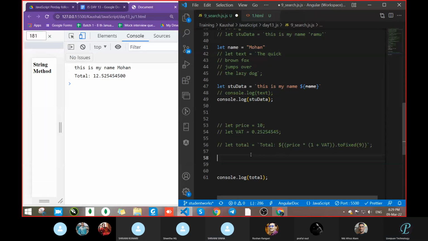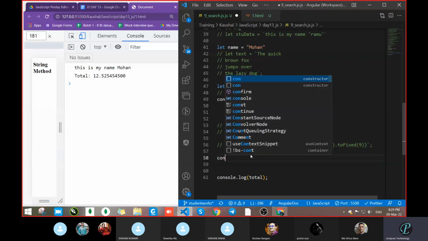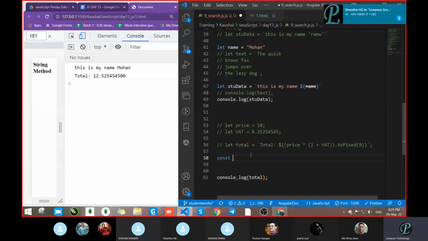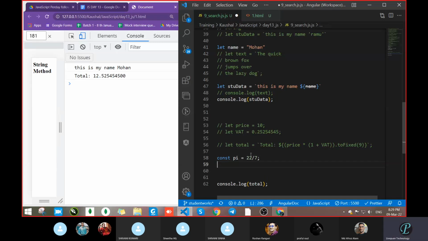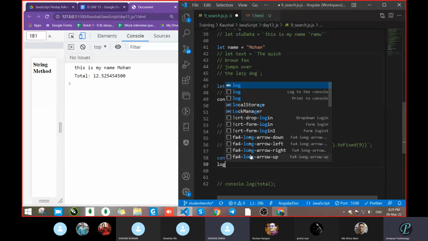3.1. Do one thing. Take that const pi. Oh my God, that is just a calculation. Wait, Sweta. Pi equal to 22 divided by 7. Sweta, is this clear? 22 by 7. 3.14285714285.